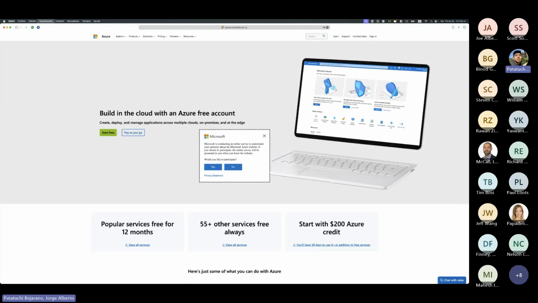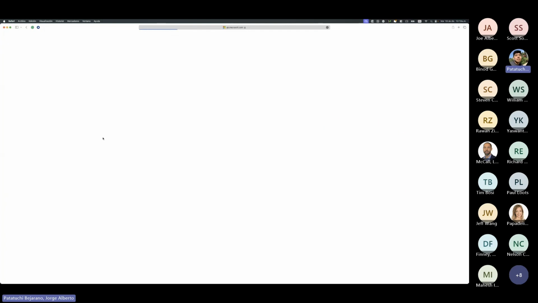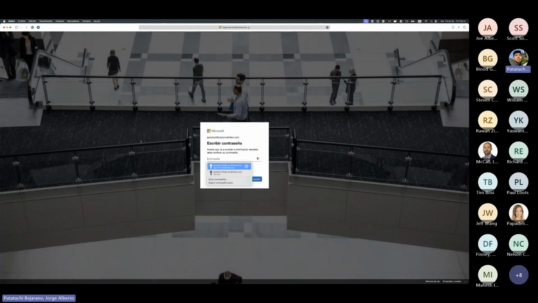This page is a landing page that I just shared. Here you will have the offer to start a free Microsoft Azure account. The only requirement will be a credit card because you need to identify yourself. And just so you're aware, Microsoft allows you to use only